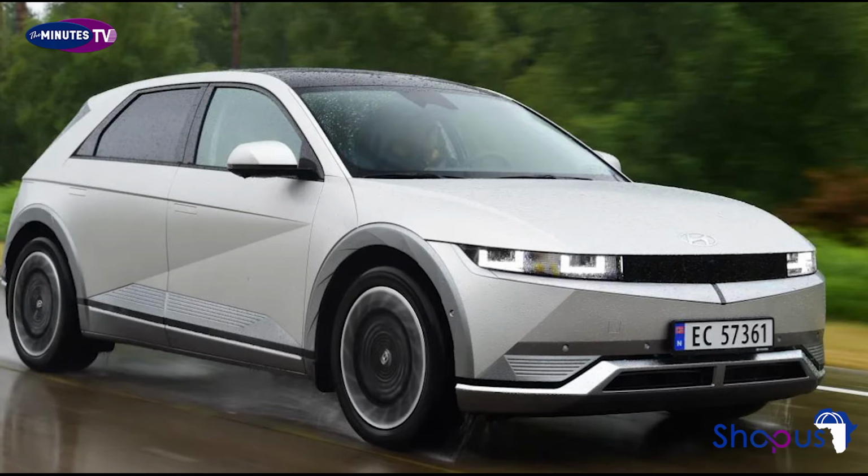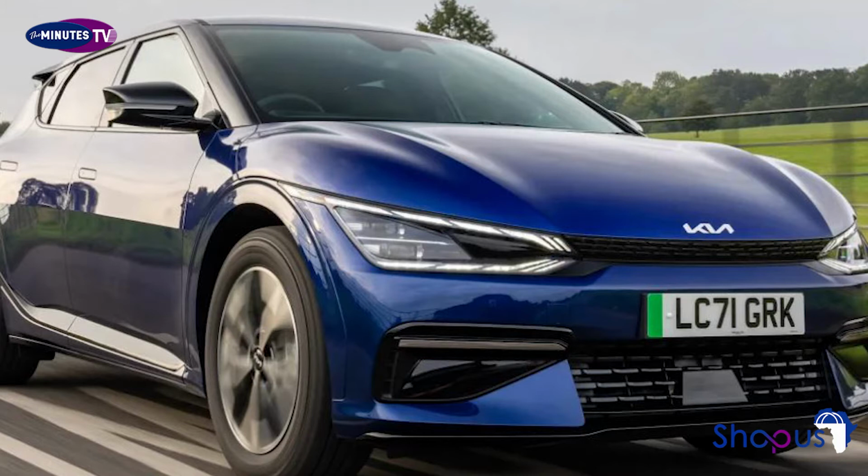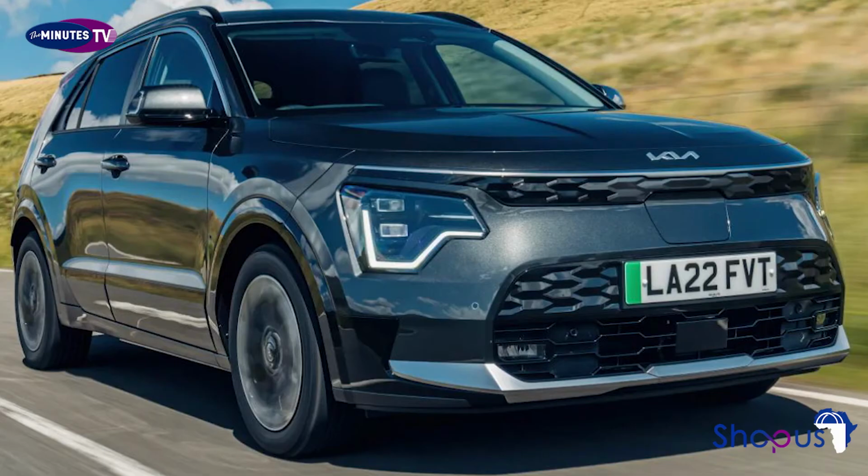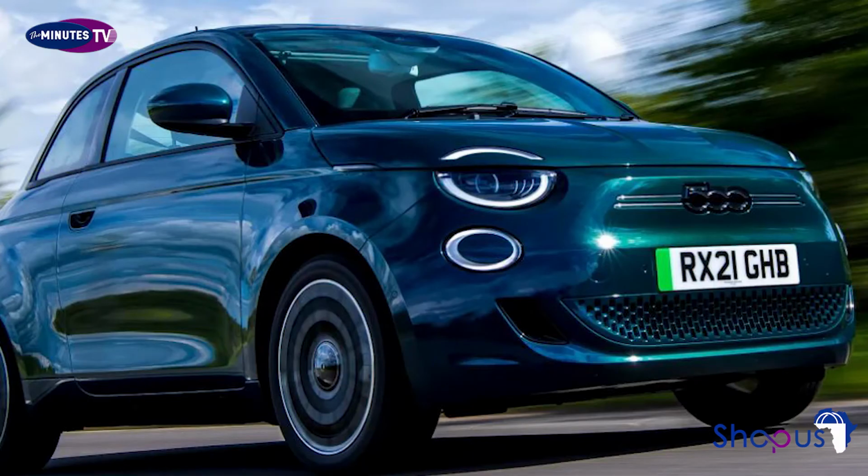Renault's well-known Megane family hatchback has morphed into an electric-only model for its latest fifth generation, albeit one with obvious crossover styling cues. It shares technology with the slightly larger Nissan Ariya and impresses with its high-quality cabin, large boot and user-friendly infotainment system. Known as the Megane E-Tech, the car is only available in pure electric form, and the